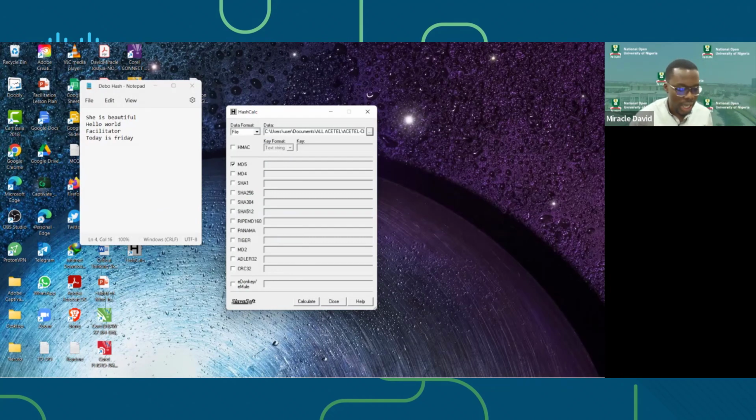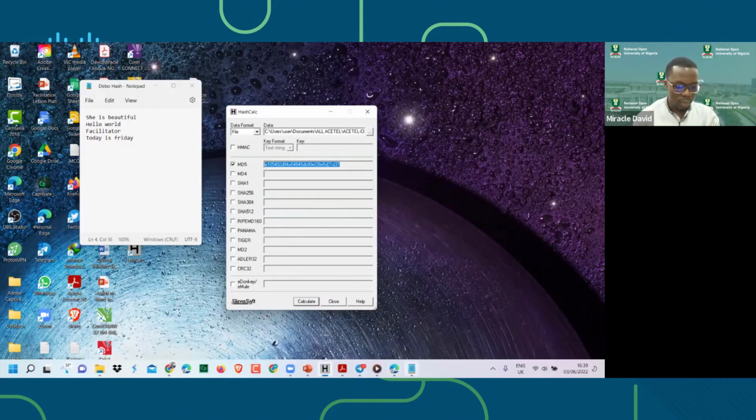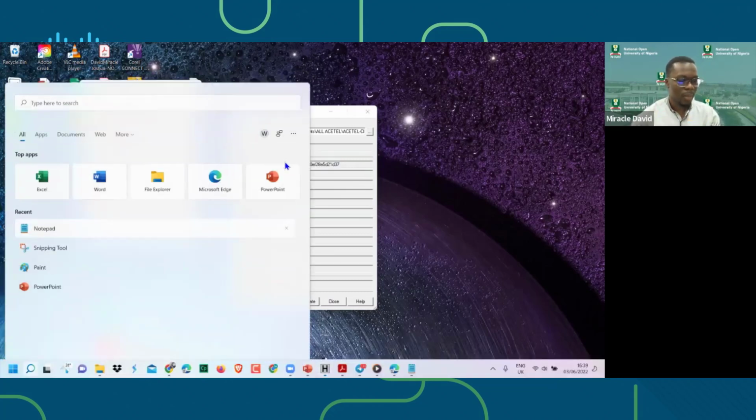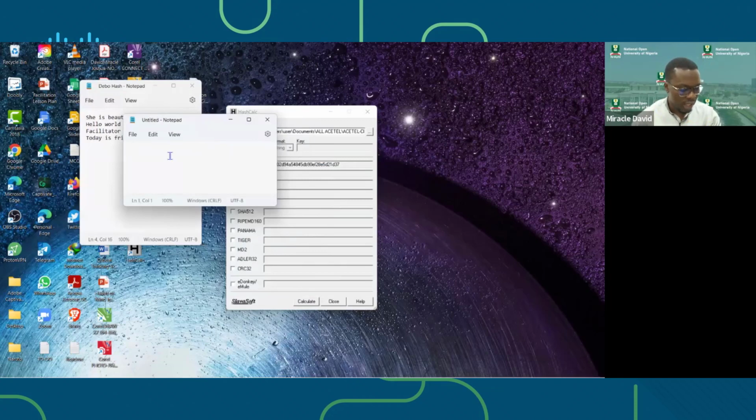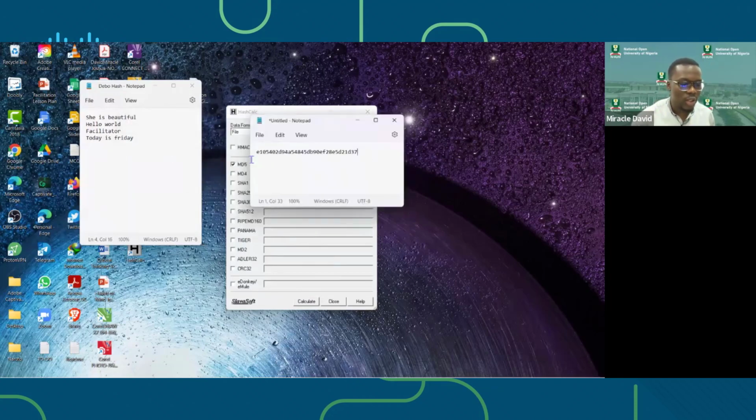So I'm going to go straight here and just click on calculate. And you notice that a value has appeared right in front of the ticked MD5 value, because I want the MD5 value of this file. So you see a long string of characters. So I'm going to open another notepad and put this value here. So you will see that the value ends with,